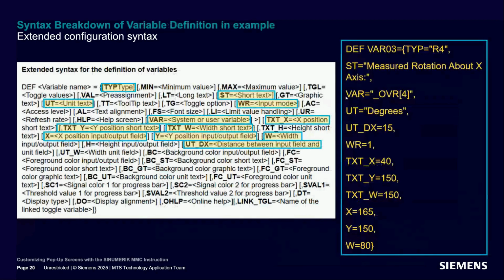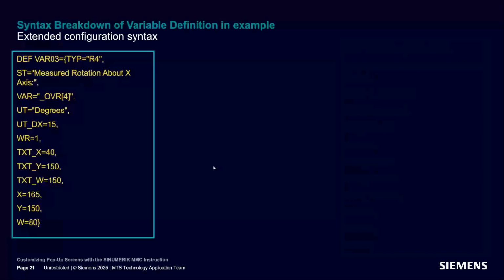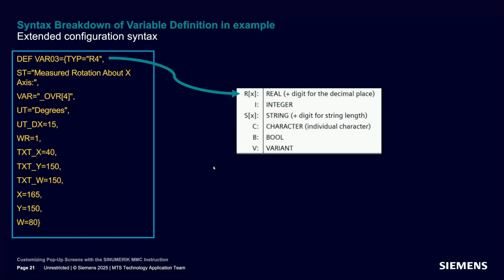Moving forward, I want to look now at the extended configuration syntax for variables. Within the dialogues, there are also a lot of variables that were displayed that you just saw. Again, with this extended configuration syntax, we don't have to select every argument. We can pick just the ones that we'd like. And in this case, the highlighted ones are used. Here, we're going to look next at the significance again of all of them. The variable that I'm highlighting